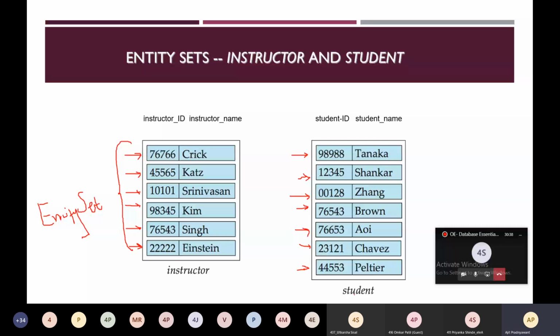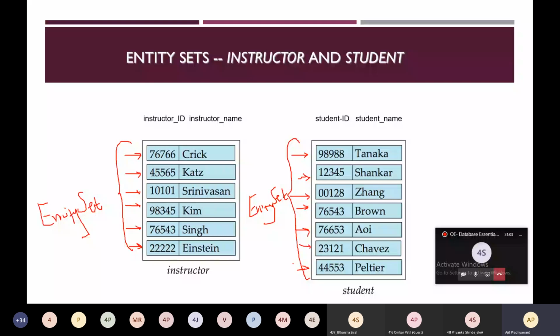So next is attributes. An entity is represented by a set of attributes. Keep in mind, each entity has its own properties. These are called descriptive properties, and a property is called an attribute.